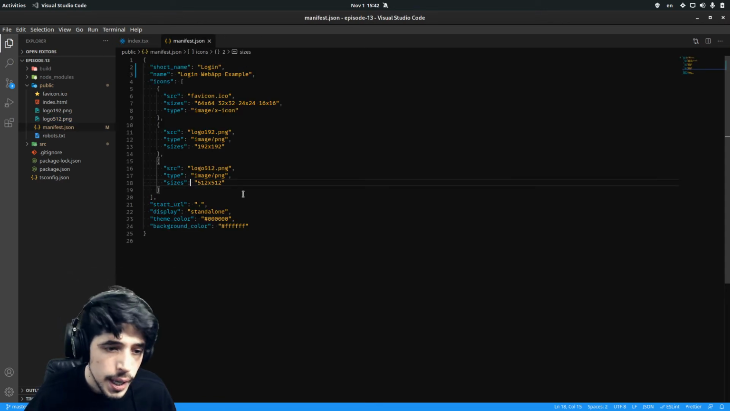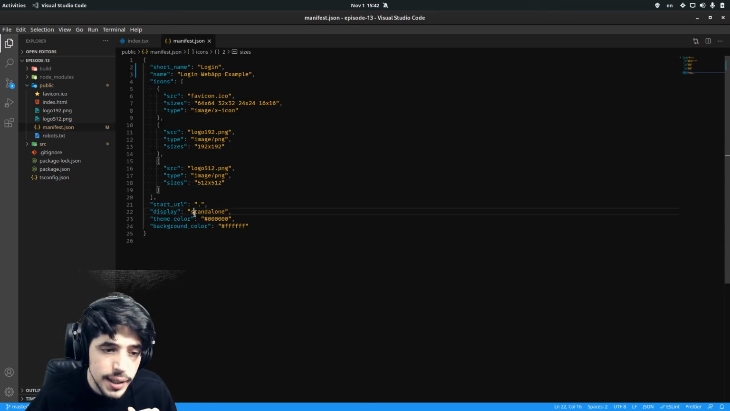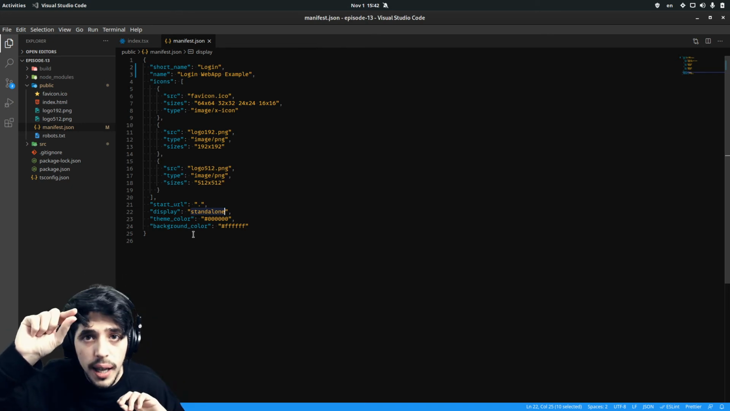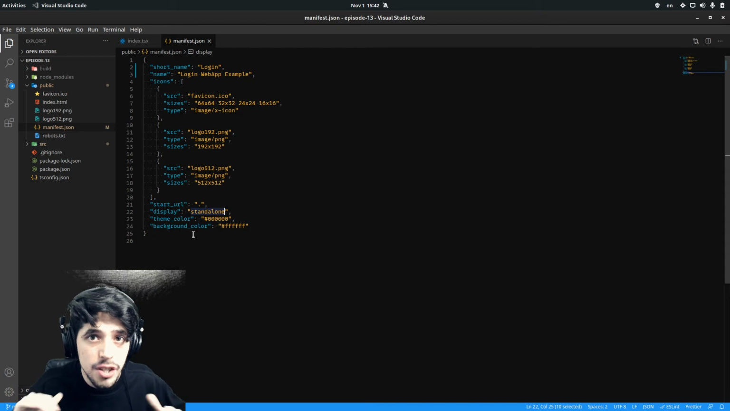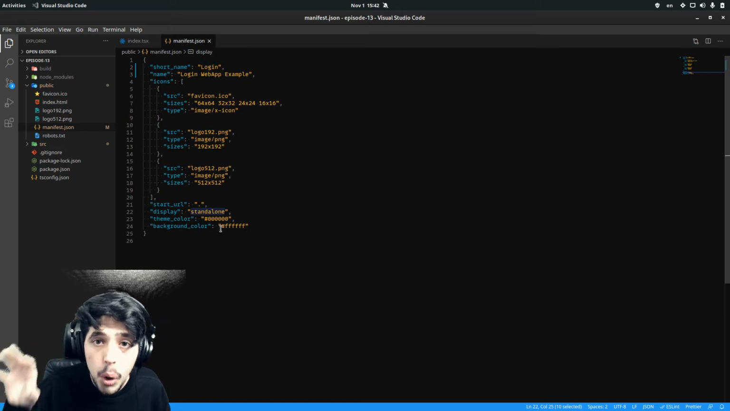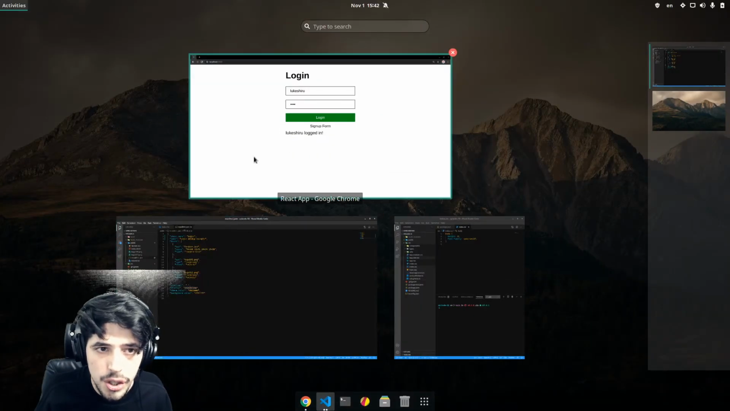Finally, we have in here that this will display as a standalone app, so it will show it without the navigation bar or anything like that. It's just like an entire app. And the theme color and stuff like that is just to define the colors for the border and stuff like that. So if we check this,